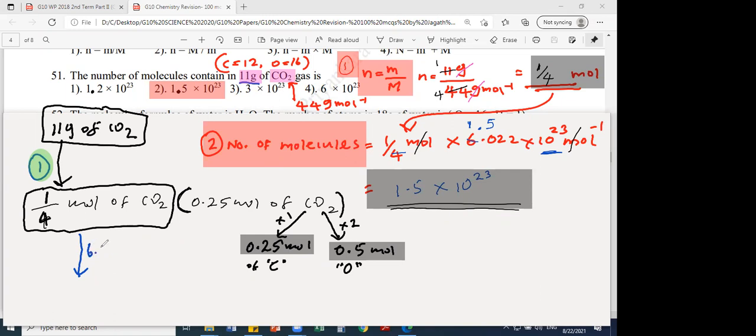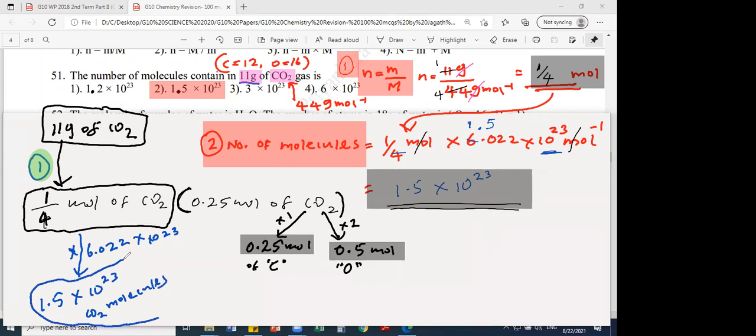If I multiply this by the Avogadro constant, any moles of molecules or moles of atoms, if you multiply, you get the number of particles. It can be atomic or subatomic or molecule or whatever. Anything, any moles, if you multiply by the Avogadro constant, you get the number of particles in that. So here, that is what we did in this question, 1.5 into 10 to the power 23. That is CO2 molecules, not atoms, because the molecular moles we multiplied by the Avogadro constant.